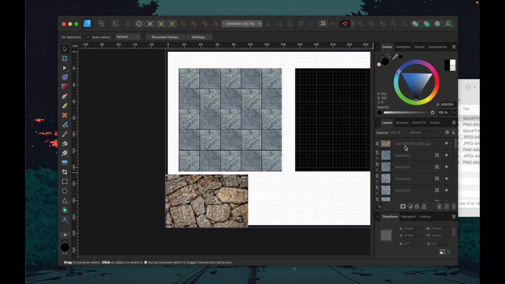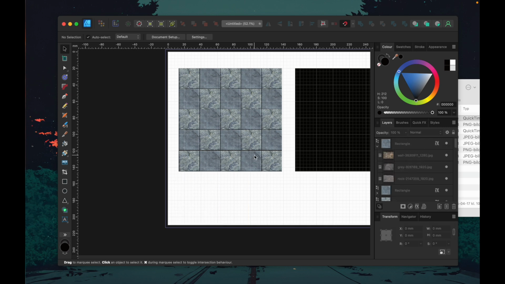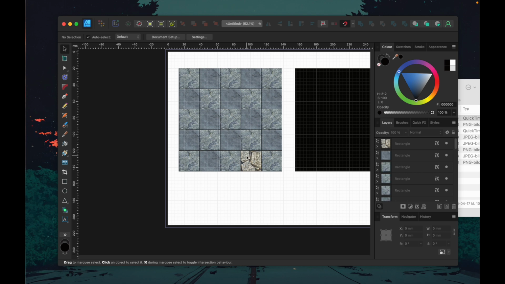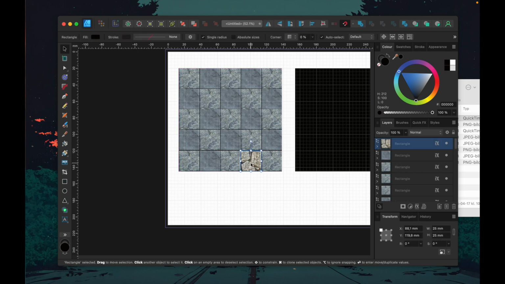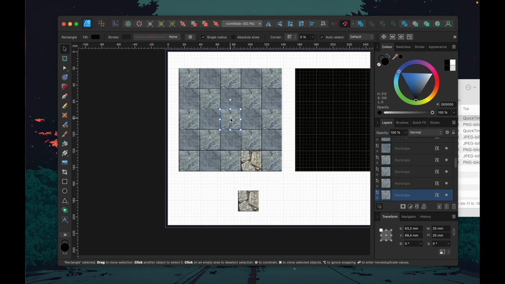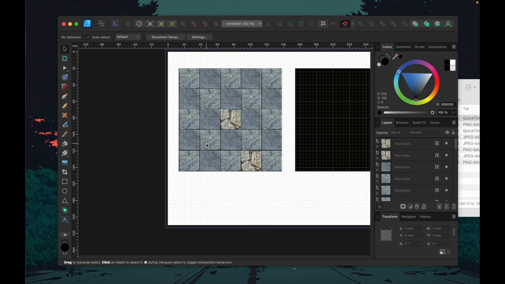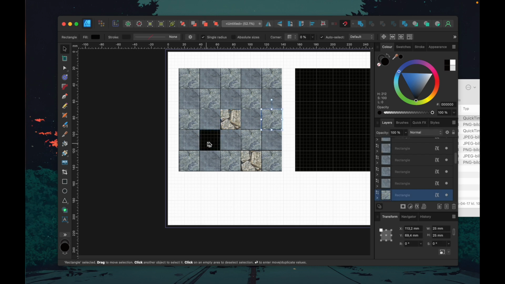And I will put this texture in some of the rectangles. Like this, just to get some variation. And then I will select this one and copy it and paste it. And then I will select some of the first ones to replace with this one to get some more variation